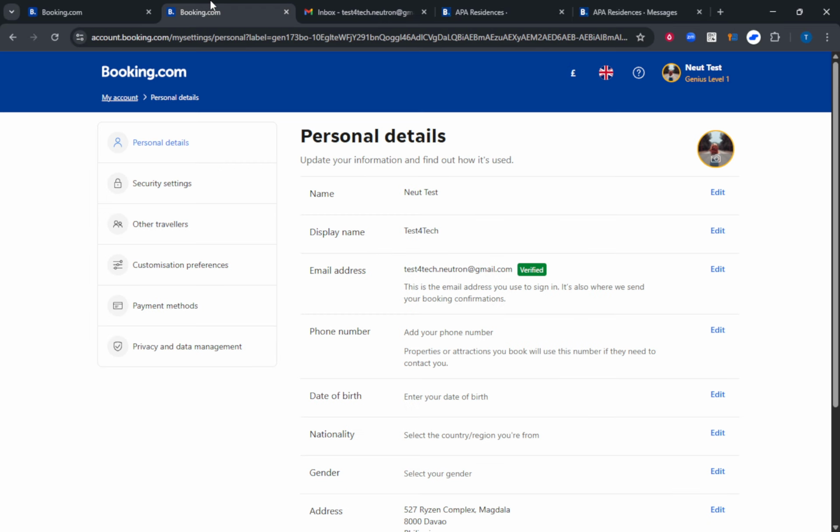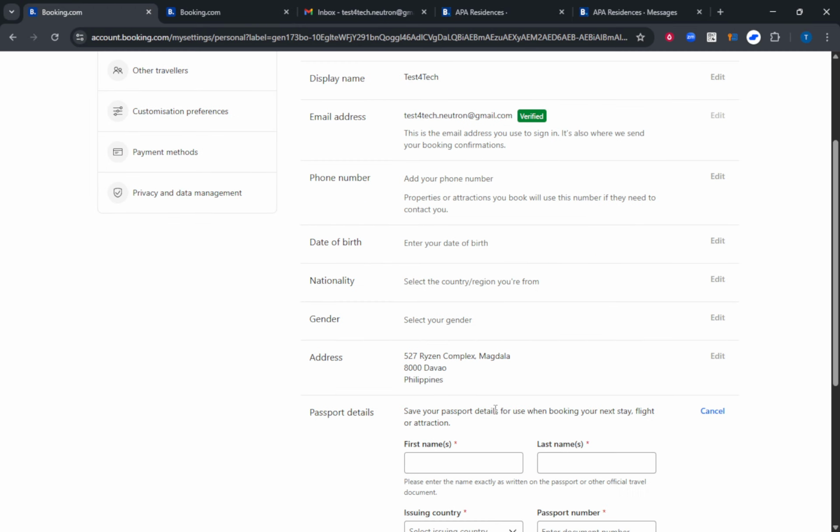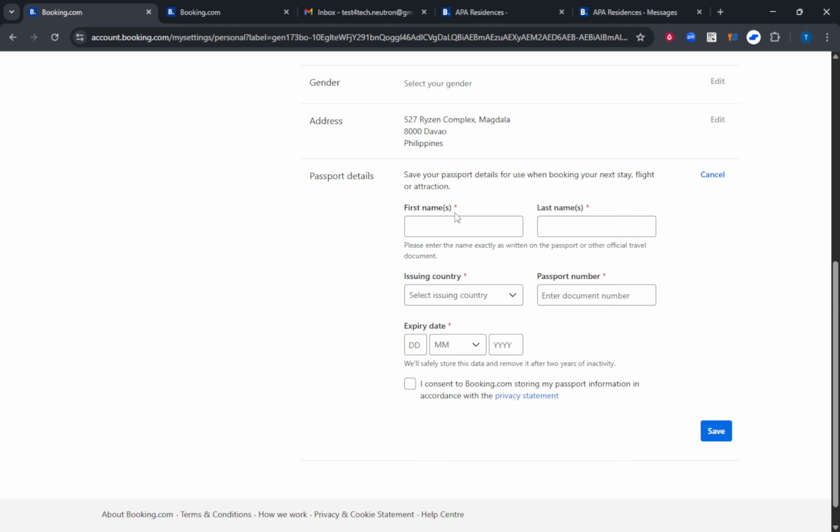That's it. First, try removing the passport details yourself in Personal Details or Manage Data, and if that option isn't available, submit a privacy request to have the data